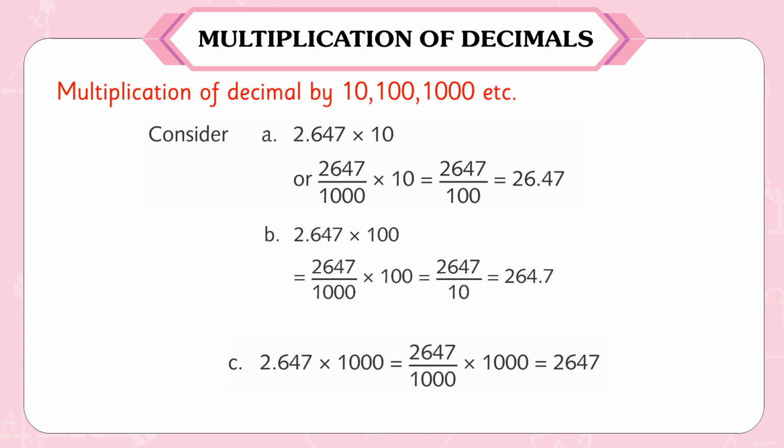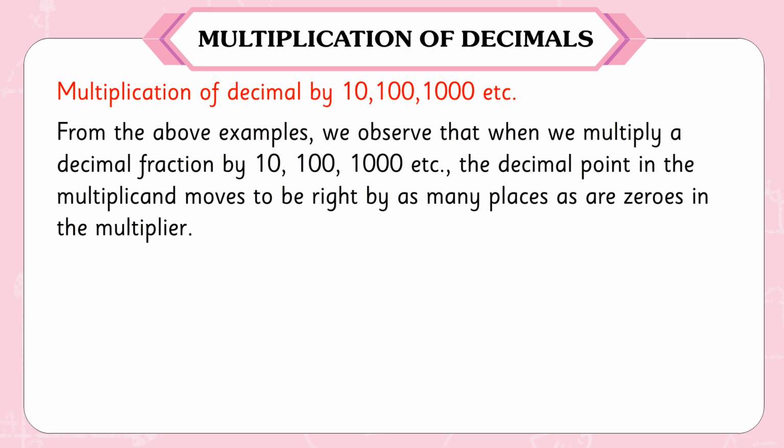C. 2.647 times 1000 is equal to 2647 upon 1000 times 1000, which is equal to 2647. From the above examples, we observe that when we multiply a decimal fraction by 10, 100, 1000, etc., the